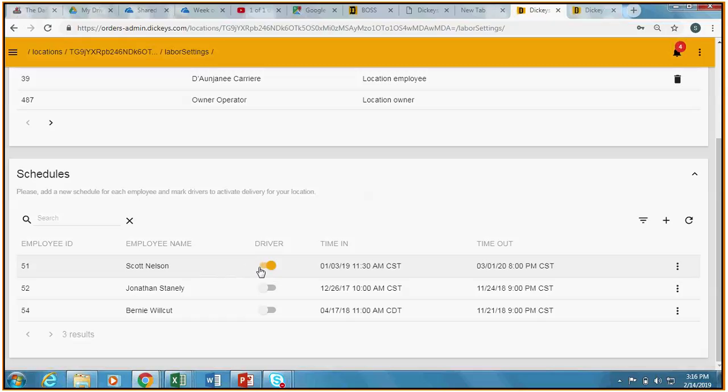We mentioned before that there should never be a reason why the delivery should be off. And if you get the kickback, well, I don't have a delivery driver, then this is a great solution. Hey, you know what? Schedule yourself. If you're the owner, schedule yourself from now until the day before Thanksgiving, right? And then the day after Thanksgiving up until Christmas, and then the day after Christmas up until the day after Thanksgiving, right? So there should never be a time when there isn't at least one person scheduled to drive to